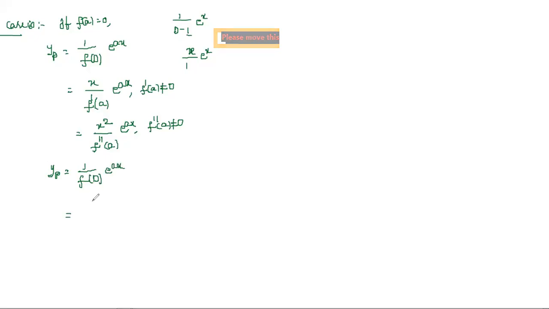In that case, what they will write: whatever the polynomial is, first you need to split it into factors. Suppose I split as factors d minus a whole power m and some function phi of d. Okay, this is another factor, e power ax. In that case, how to write that one? If it is in the form of this one,